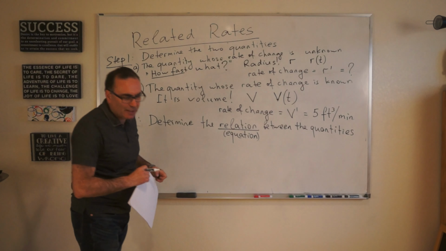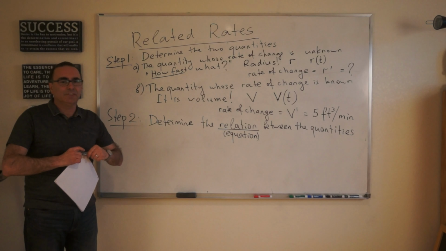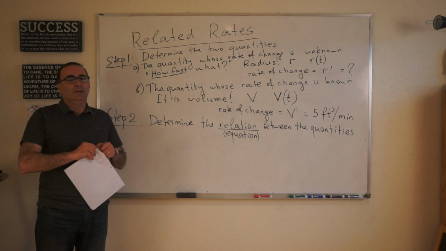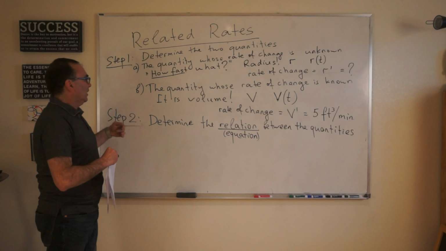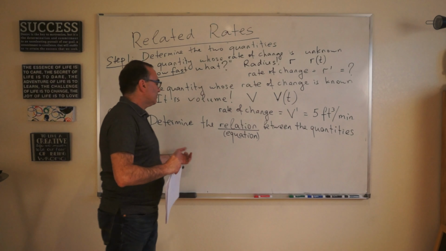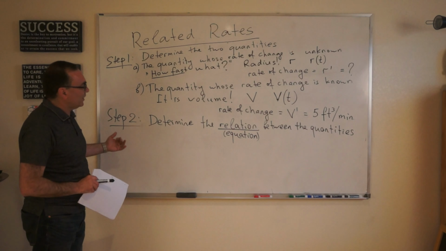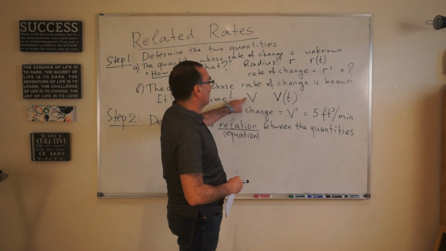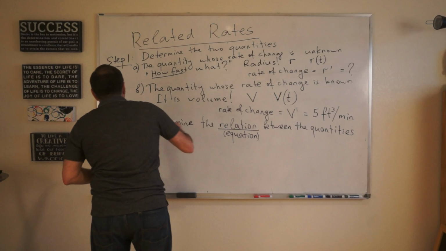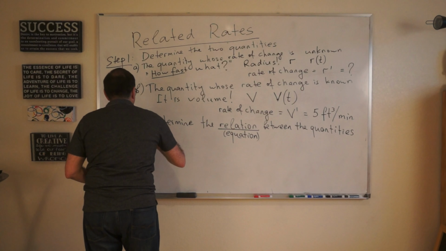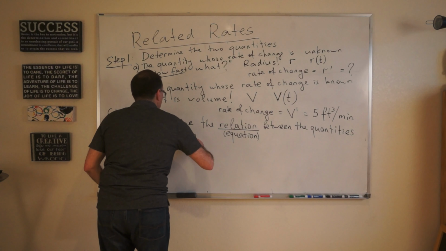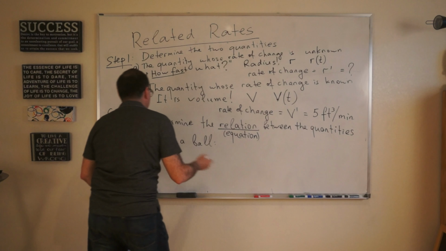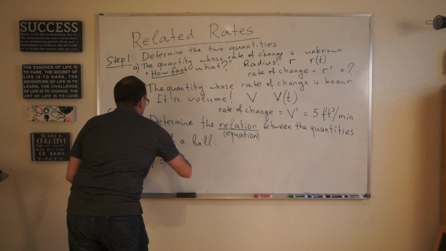And this equation may actually be given in the problem. It is often given in the problem. And if it's given, then you just take it from there. But if it's not given, then okay, let's recall it. So what is this about? It's about the volume of a ball. Well, the formula for the volume of a ball is V equals 4/3